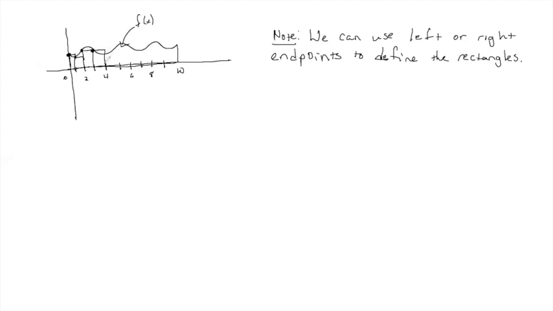There's my rectangle there. Go up to f of 4, straight over and down. F of 5, right here, straight over and down. F of 6, straight over, down. 7, f of 8, f of 9,